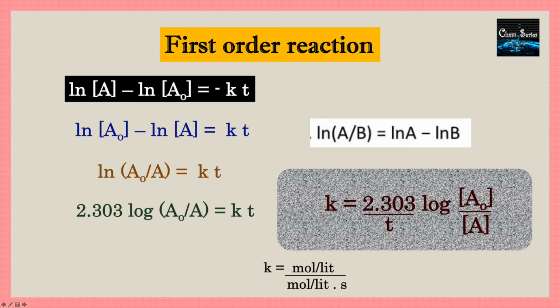Okay. Now let us see the unit of rate constant. We have concentration term divided by concentration term. The unit of concentration is mole per liter. Mole per liter by mole per liter, and the time is in the denominator. The unit of time is second. So your rate constant k is equal to mole per liter divided by mole per liter into second. These two will cancel each other. So your unit of rate constant is second power minus 1. This is the unit of rate constant for first order reaction.